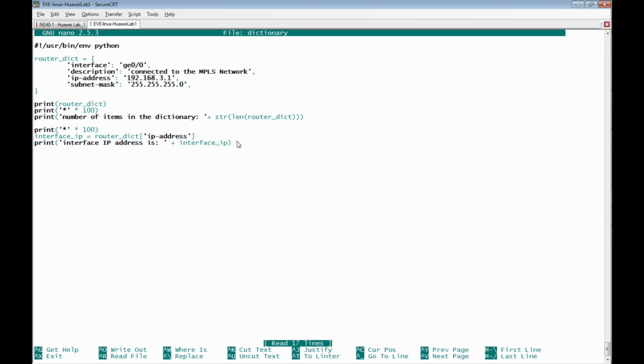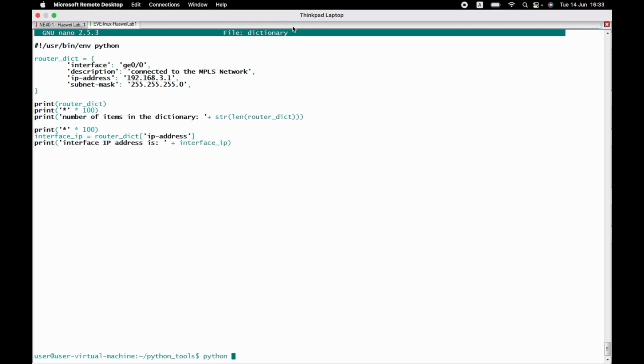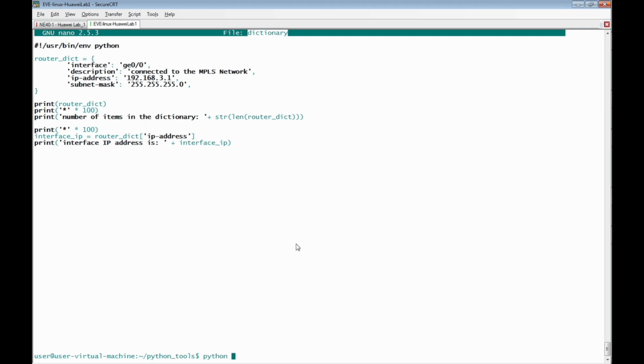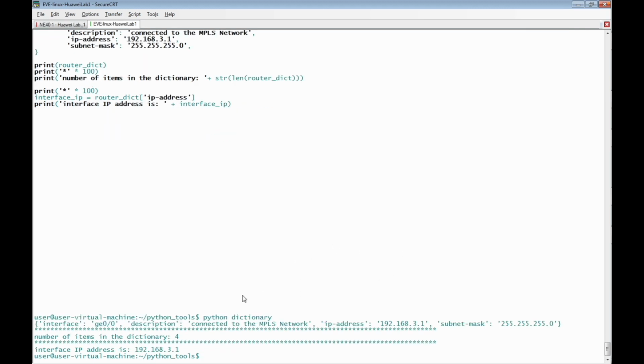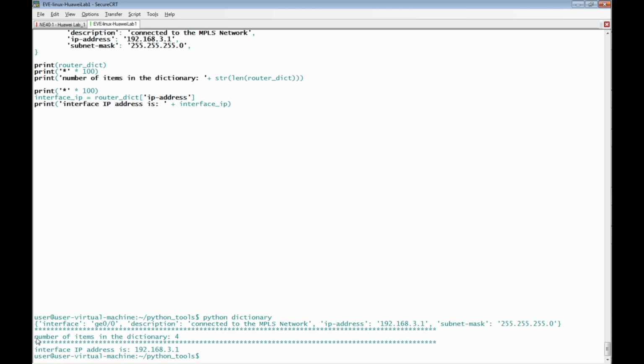Let's test this Python script. Python, then the file name, dictionary. We have printed the entire dictionary, interface, GigaEthernet, then the description, then the IP address and subnet mask. Then we have printed number of items in the dictionary equals 4 as we expected in the script. Finally, interface IP address is